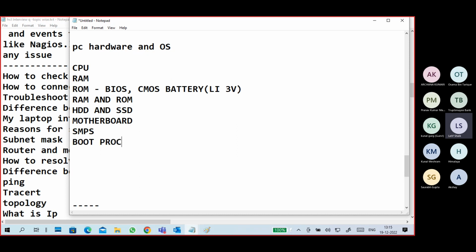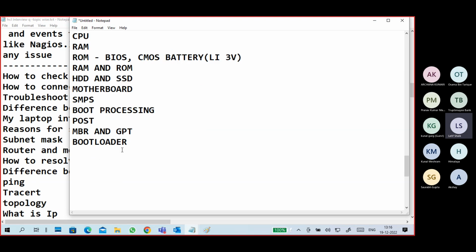Boot processing. What is POST, power on self test? What is MBR and GPT? Okay, what is bootloader? Telling direct step by step. POST, MBR, GPT will be told by BIOS. The BIOS will tell where the MBR and GPT records are.